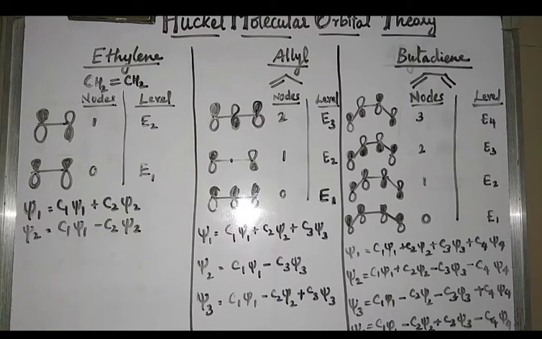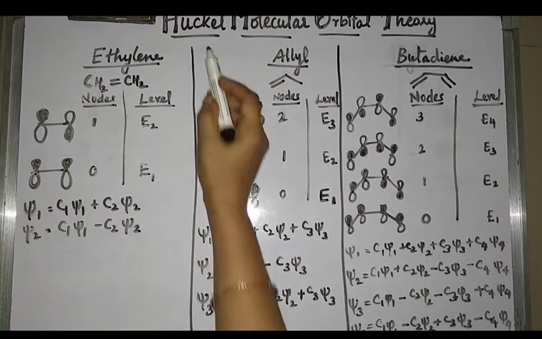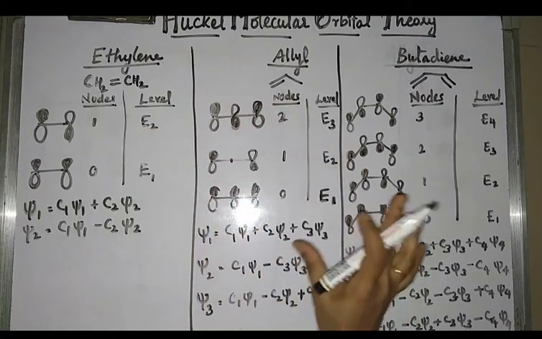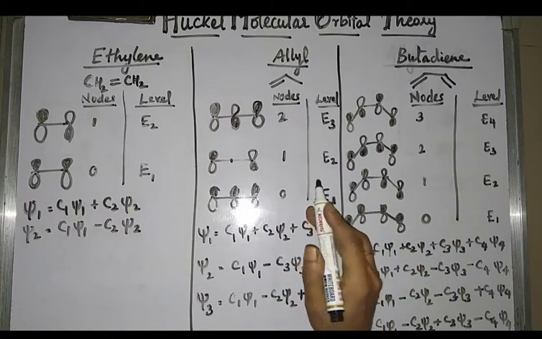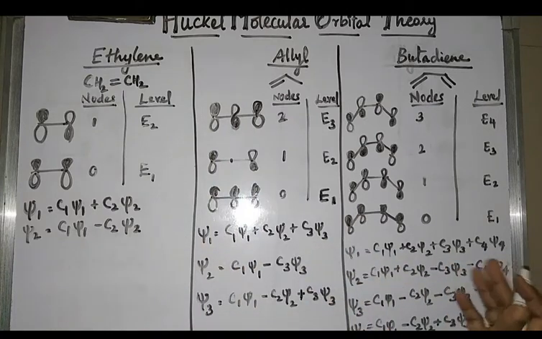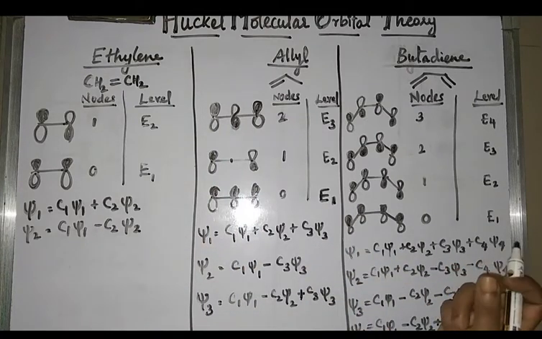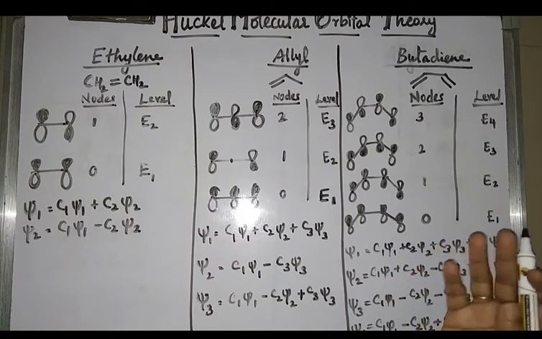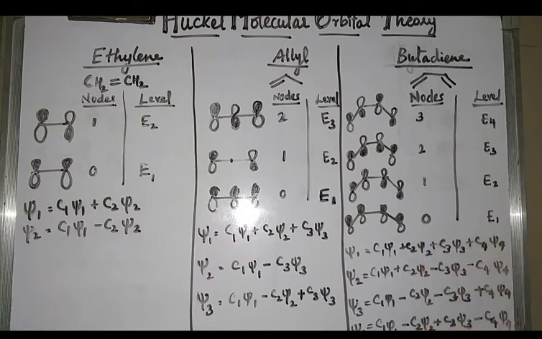Today we are going to see quantum chemistry, in that Huckel molecular orbital theory. In this, only 3 or 4 molecules they used to ask. I'll explain how we have to do the basic things, and we will see some of the problems, the tricks, and what we need to keep in our mind, how to do it, everything we will see fast.